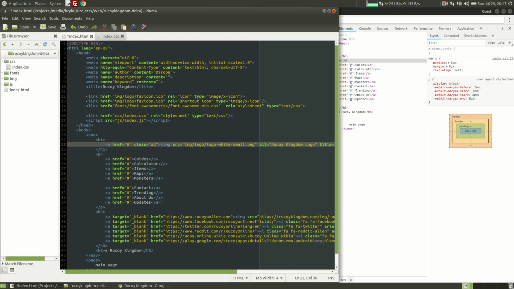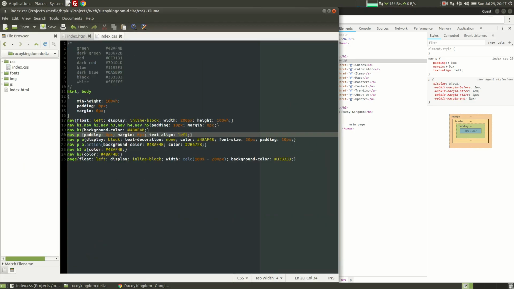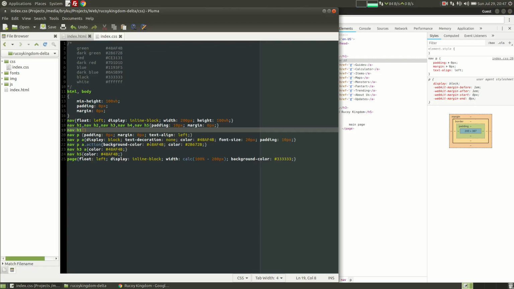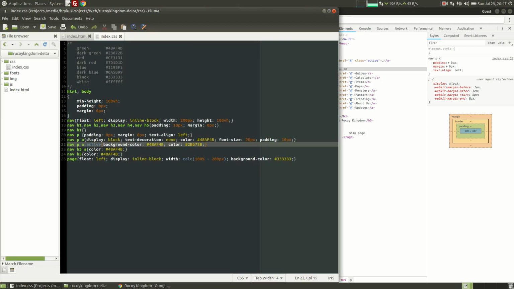Class equals active. Let's remove the background color. There we go. Active, change that to